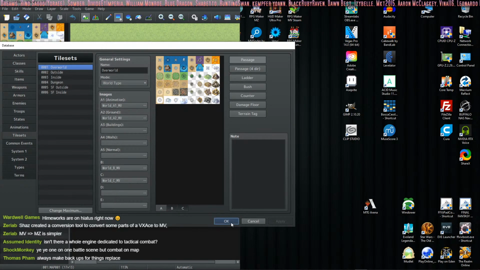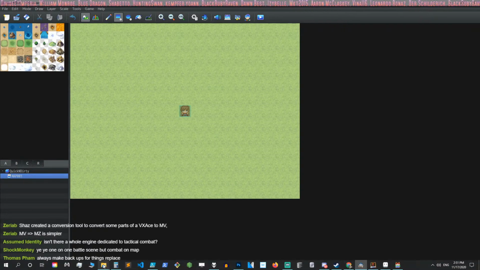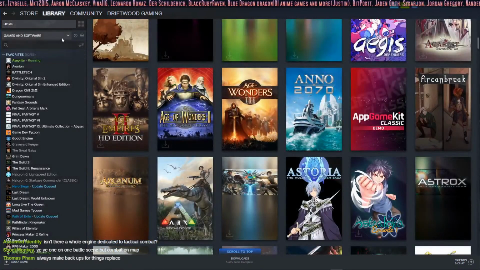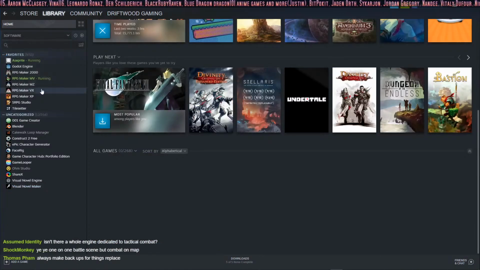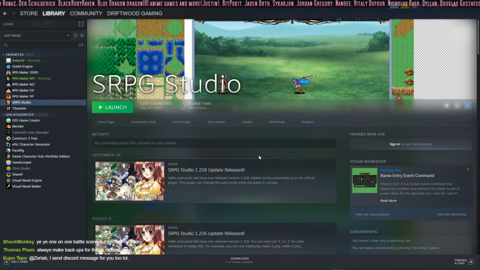Boom. Assumed identity. Yeah, there's something called SRPG Studio. It's like a Fire Emblem engine. We got it, and it was like in half Japanese. It's not intuitive. I don't know if they've updated it and made it better, but it was ridiculously difficult to use. I put a little bit of time into it, 162 hours.